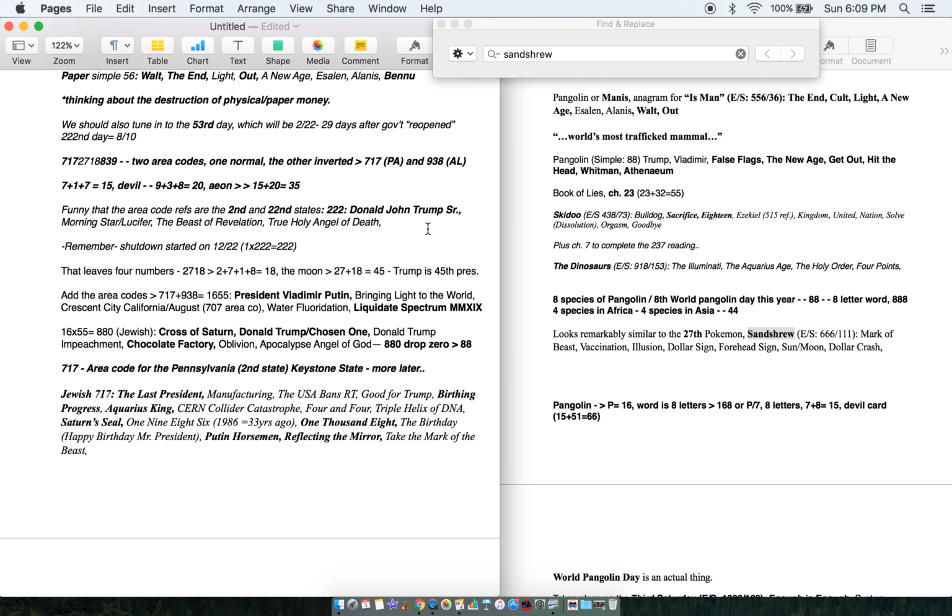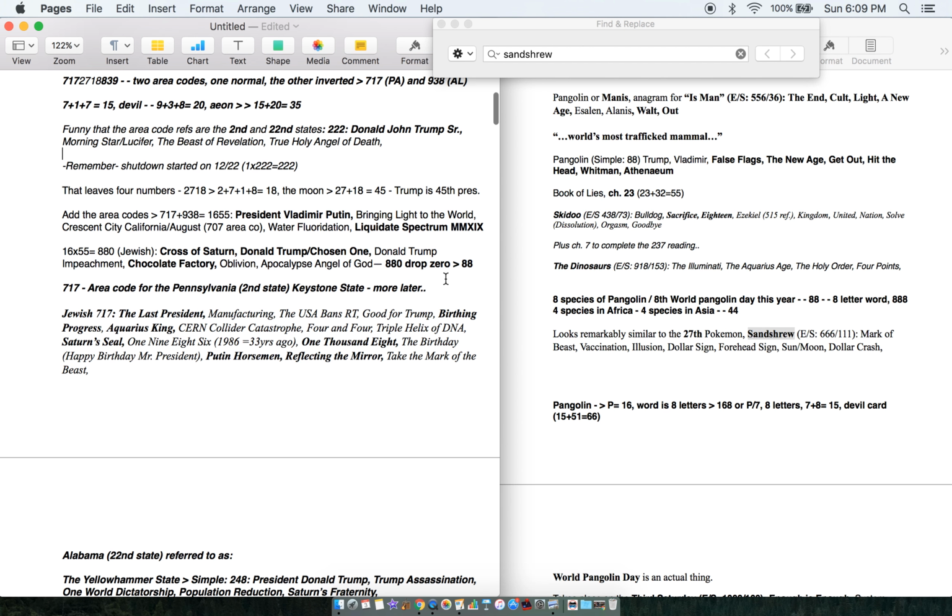But let's keep playing with these area codes. If we add them together, we get 1655, which does give us, all out, President Vladimir Putin. Very interesting. You also have the phrase liquidate spectrum in the Roman numerals for 2019. Again, very interesting. But another hidden coding here comes from multiplying 16 against the sacred 55, and it gives us 880. Of course, Cross of Saturn, Donald Trump Chosen One, and Chocolate Factory,